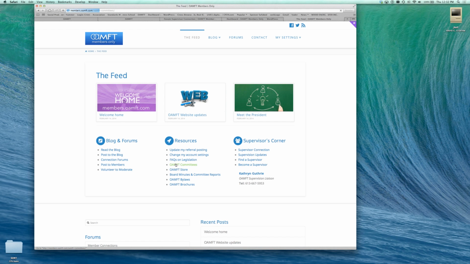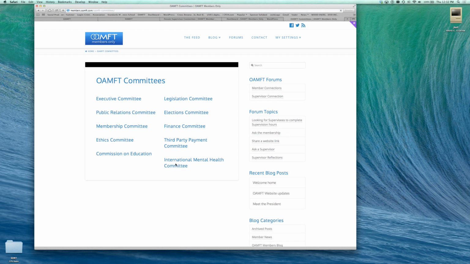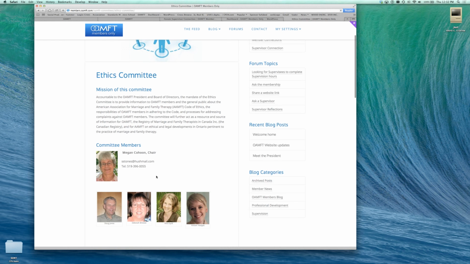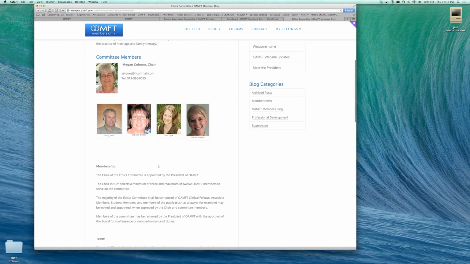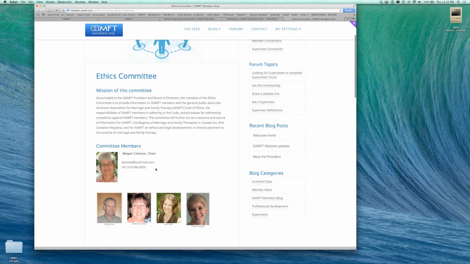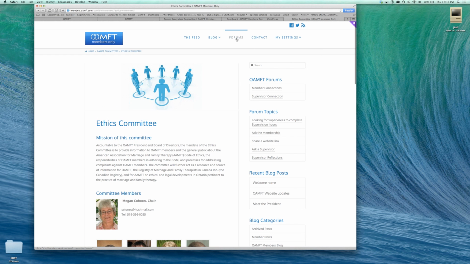If you need to make a connection to a committee member, you can do that through the website as well. Depending on the committee that you choose, you'll be able to see information about contacting or who's in that committee and sublinks to articles that are associated with that specific committee. So the ethics committee, you can see all the members, what their names are, different duties of that committee, who to contact on that committee. Moving along, back on the feed page here,